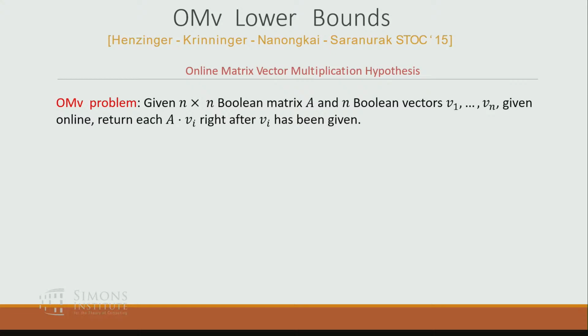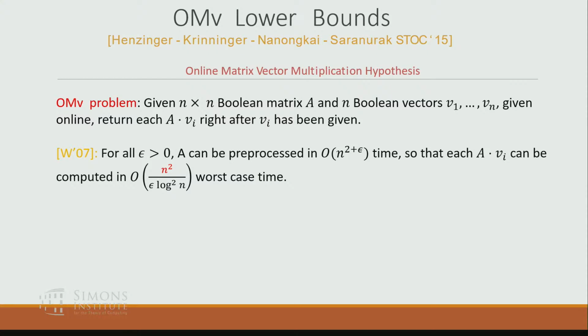It's basically Boolean matrix multiplication, because you have n vectors, but you see the matrix one by one, column by column. Now, Ryan, before he even saw this definition, had been working on preprocessing Boolean matrices and computing A times vi, and he gave an algorithm that runs in n squared over log squared n time for this problem. His APSP framework can make this log squared of n into 2 to the square root of log n. You can do better than that, but